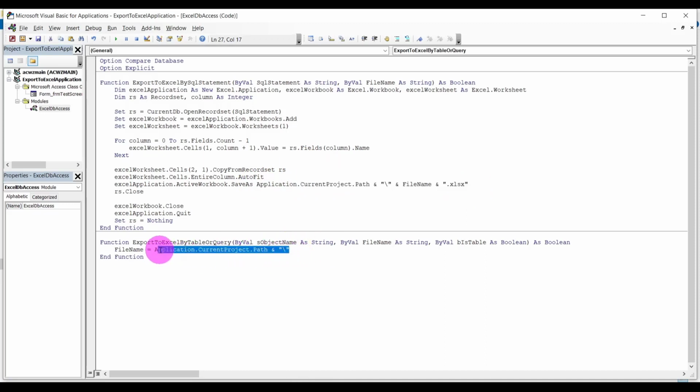We can copy that guy and put that guy in there. All right, because essentially that's how the file name works. Now we can say if b is table, then do command